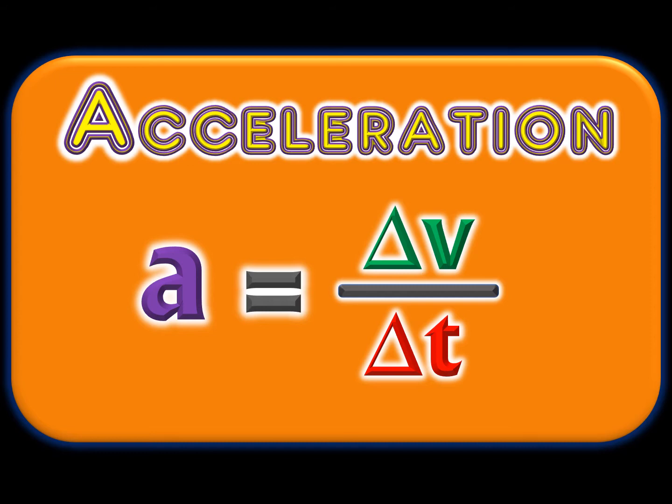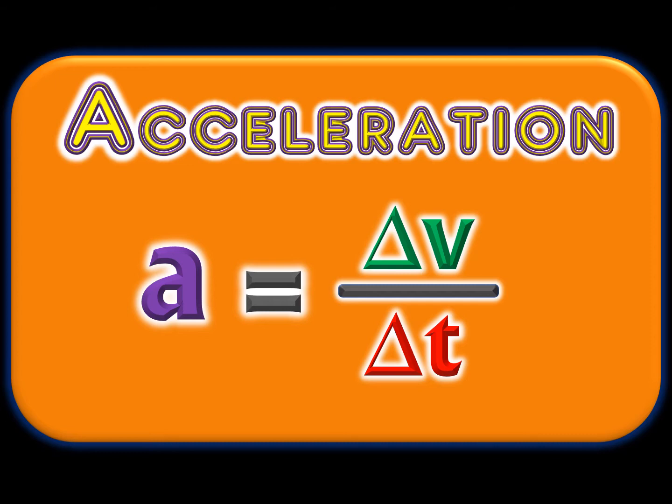Time cannot be negative. Time has an arrow, it always moves forward. We're always moving 1 second per second into the future, 1 minute per minute into the future, 1 hour per hour into the future. So time has its own arrow. Time is the only one of these things that cannot be negative.